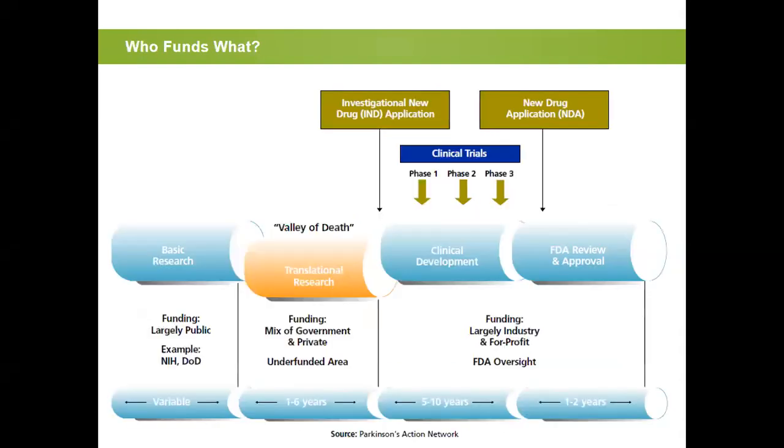So this is, I think, one of my last slides, to illustrate further who funds what. I talked about your later stages. This is where you want to have a pharmaceutical partner who can do your clinical trials and go to the FDA and pay the fee that the FDA requires. The basic research is funded a lot by the National Institutes of Health, Department of Defense, foundations. But this part, people call it the Valley of Death. We call it the Valley of Death also because it's really hard to get this bench to bedside translation. It's also the Valley of Death because there's not a really good source of money to invest in these